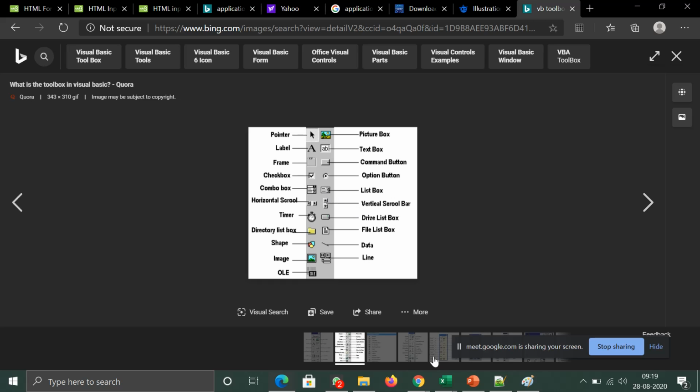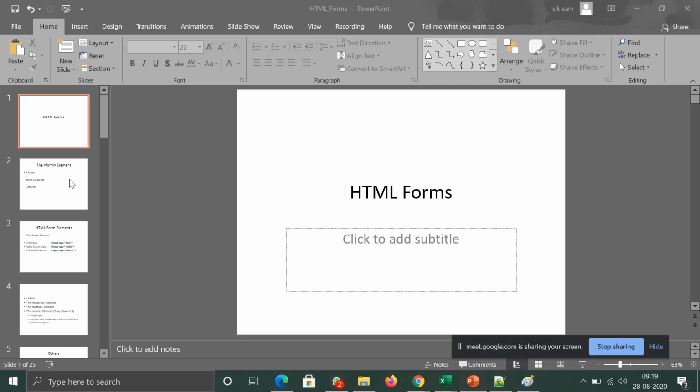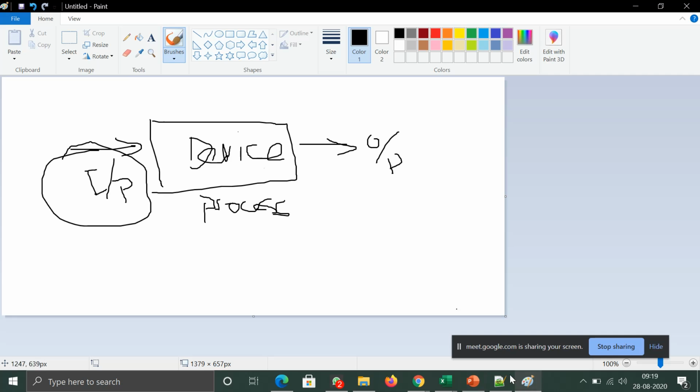So what is an HTML form? So now you might have recognized what is a form. Okay, a form is what? A basic thing that is used to collect all the inputs so that it can be processed. In this place I put a device. If you are coming to our university, we need some detail from you.